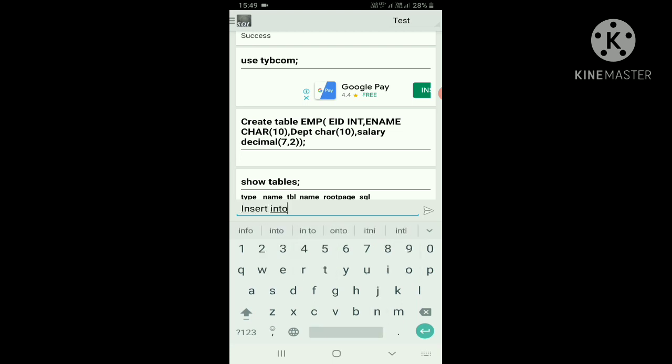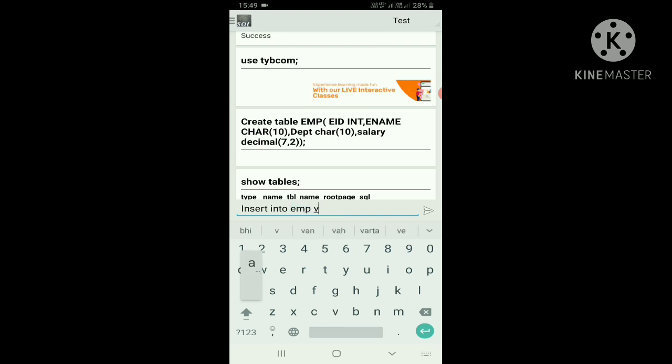Now your table is ready. Now you need to insert: insert into the table name, that is emp, and values. That is the basic query to insert the values.